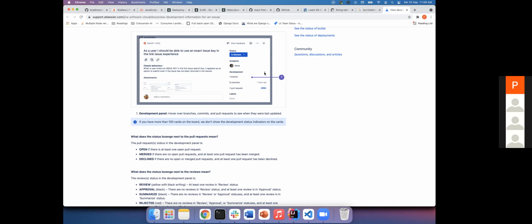When you click the plus button, it will direct you to your repository. In that repository, you can create a feature branch along with this ticket and this name. That also shows how many commits you did, and whether you have a pull request for that matter. So these are like an automated process.